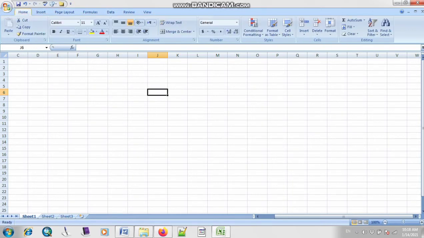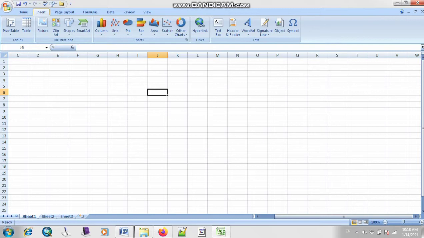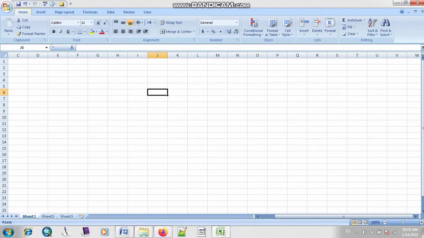Like in Home, we have different features: copy, paste, cut, etc. You can make your font size bigger or smaller. And then you have Insert, where you can insert different charts, bar graphs, shapes and pictures, etc. We will study these tabs step by step in the next lesson.